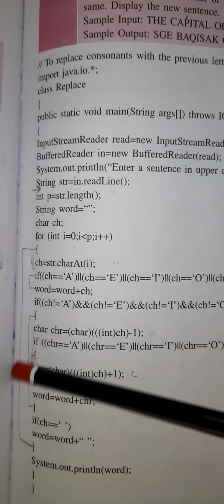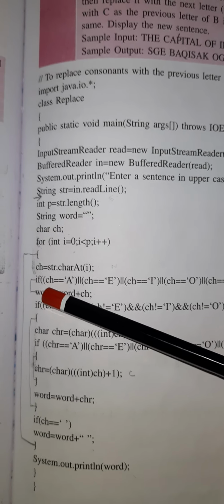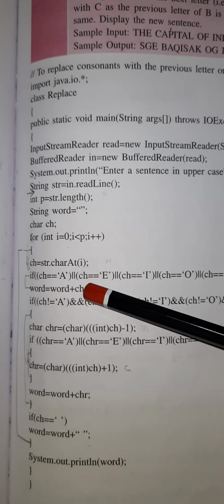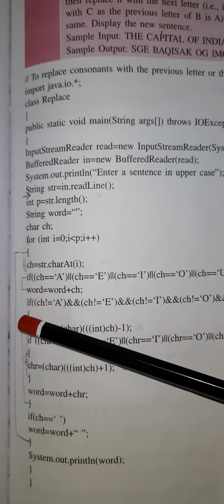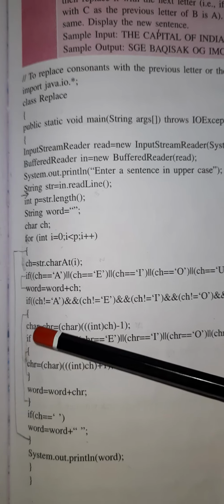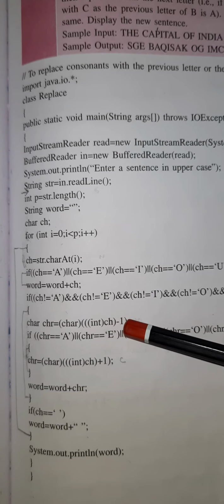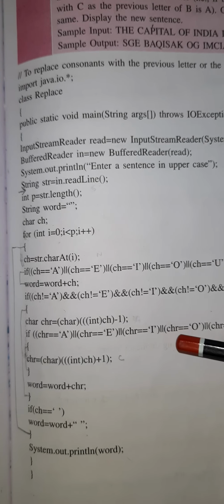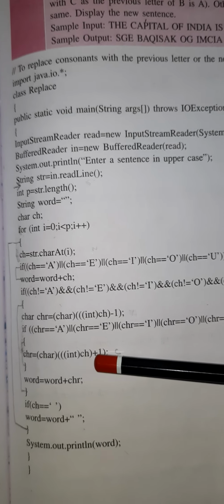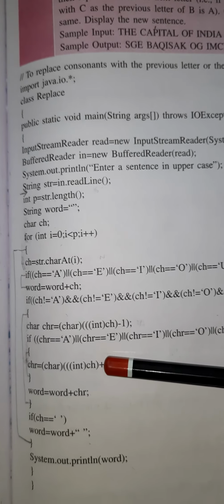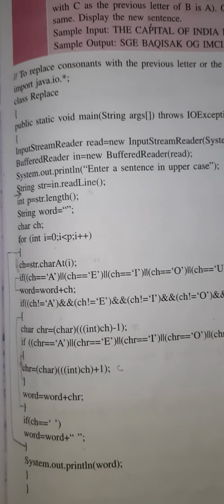So this is the for loop. Next, this is the vowel check. If it is a vowel, it will display as it is. Then it will check whether it is not a vowel, and if it is not a vowel, then it will go with this part and check for the previous letter. It will convert and check whether that previous letter is a vowel. If the previous letter is a vowel, then it will not take the previous letter, it will take the letter after it, and then write it. So these are the particular loop parts.